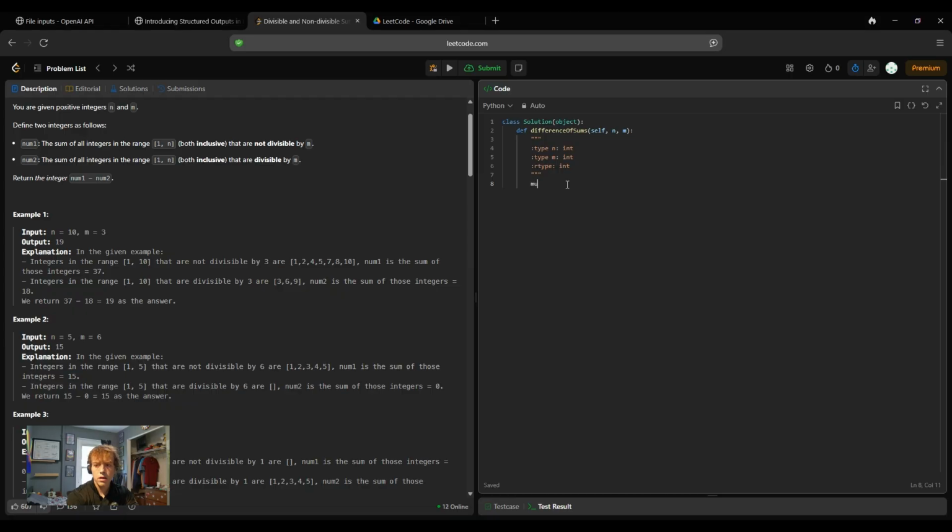So we can define num1 is equal to 0, and num2 is also equal to 0. And then our goal is to iterate through all the numbers in the range of 1 to n. So for number in range of 1 to n plus 1, because we want n to be inclusive, we check